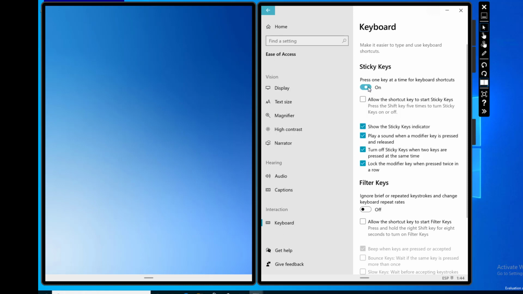And sticky keys, just like on a Windows computer, can be turned on. So you can press one key at a time for keyboard shortcuts, show the sticky keys indicator, play a sound, turn off sticky keys when two keys are pressed at the same time. So basically it just makes it easier for you to type and use keyboard shortcuts. So you can see I just pressed a key and it's making a sound. I'll turn that off